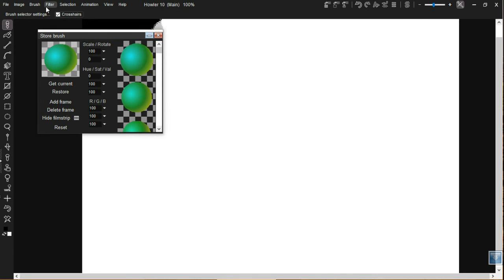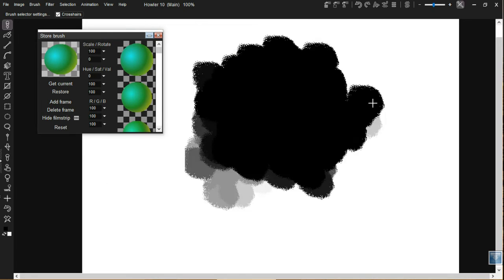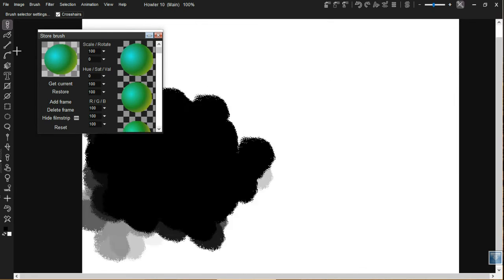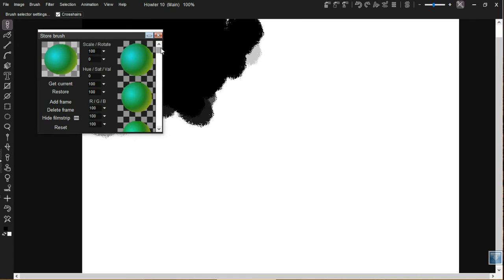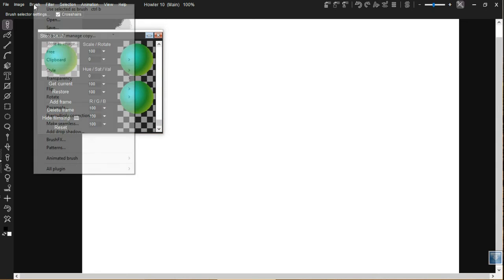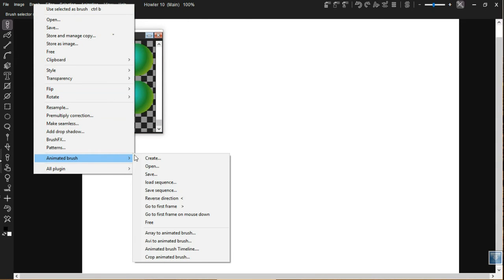And then we also have another thing we call anim painting or animated painting. We hold down the Alt key while you're painting, and it paints with that animated brush. Lots of creative possibilities, a little more involved than what I'm getting into today, so I'm just going to move on. But as you see here, you can just see an animated brush. And that's just basically a brush we picked up, and then we used what we call the brush timeline to make further changes to that, and that is here on the brush menu,